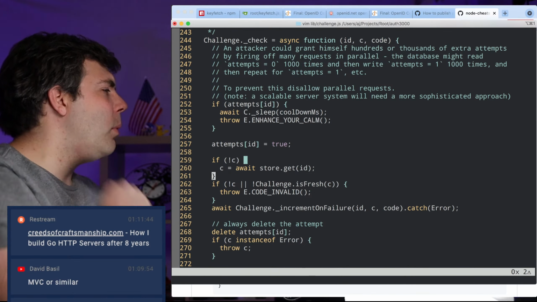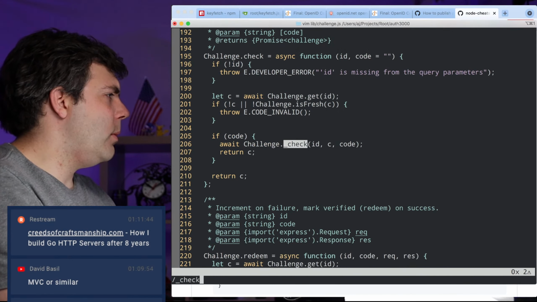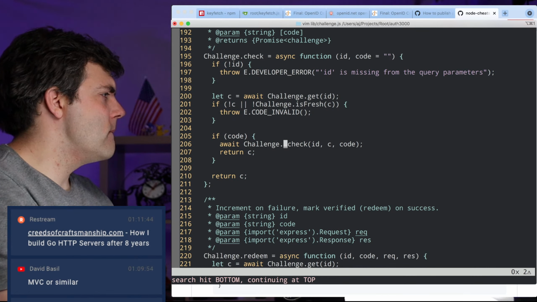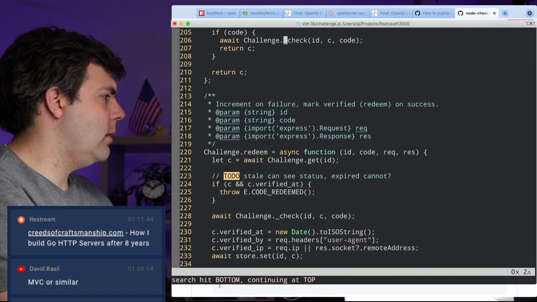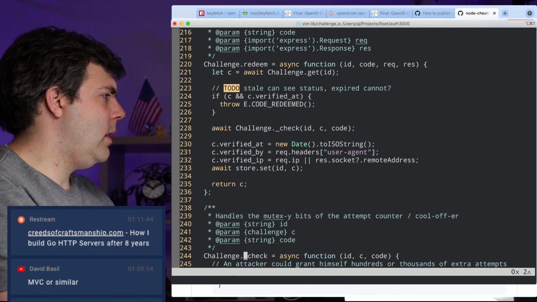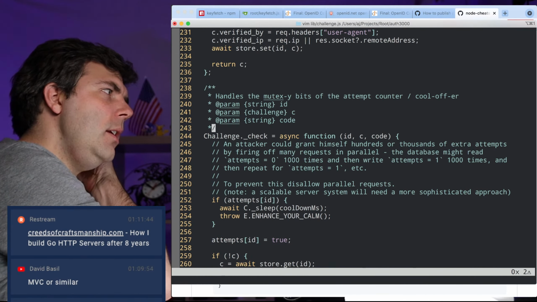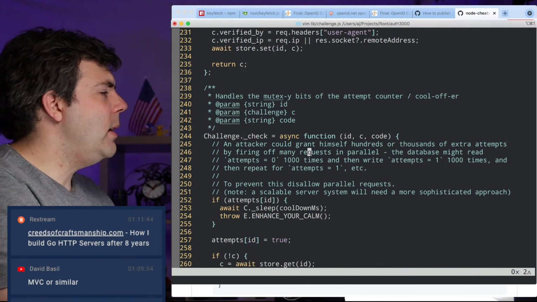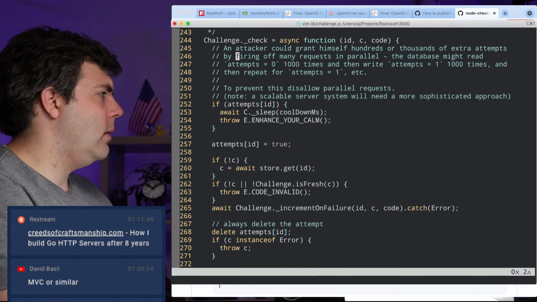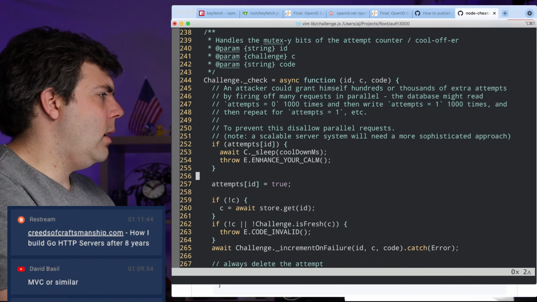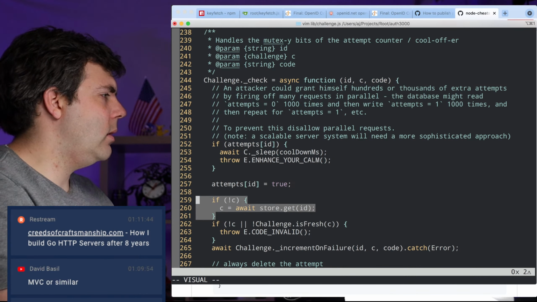All right, so if I get to this point, let me just double check here. So I've already looked for the challenge in that case, and I've already looked for the challenge in this case. So by the time I get here, C should not be something that doesn't exist. It very much should exist. And so I don't need to do this check again, because that's not going to change.